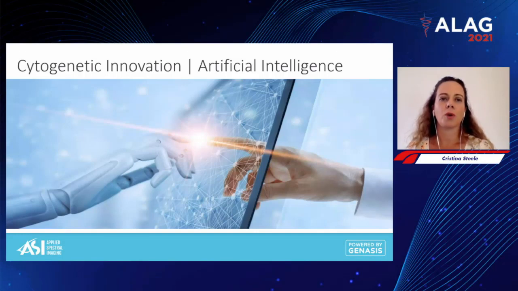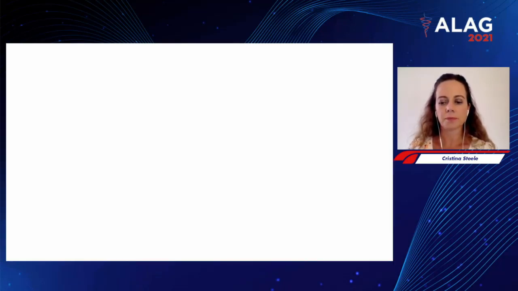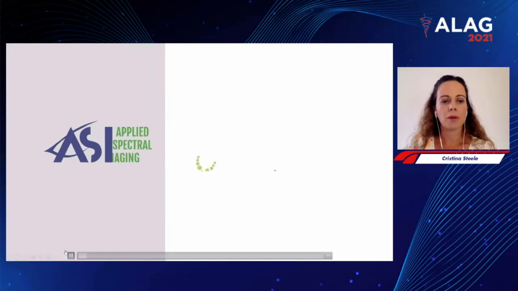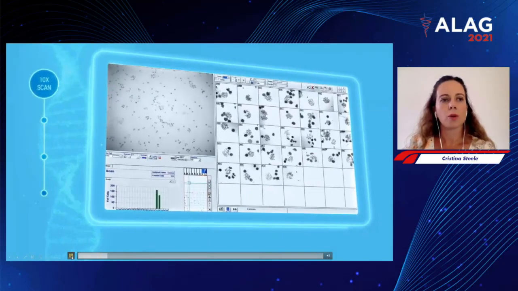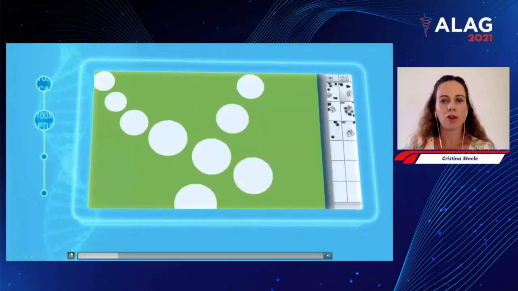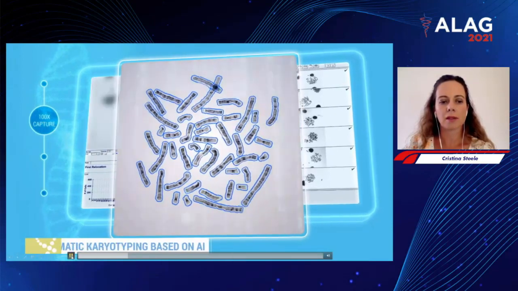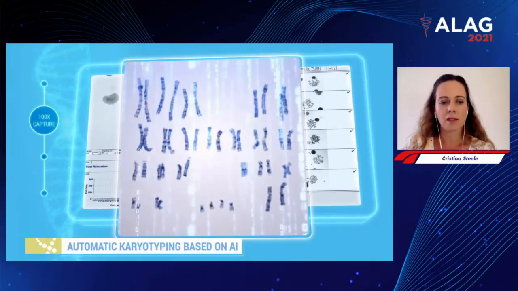So where ASI is going in the future when it comes to cytogenetics is also bringing in artificial intelligence. ASI developed the groundbreaking SKY karyotyping techniques, and we want to revisit that with our groundbreaking software, with this new module for artificial intelligence. This is going to be released very shortly, within the next 6 months, where we have the high power scanning occurring, and as the 100x is being captured on these metaphases,